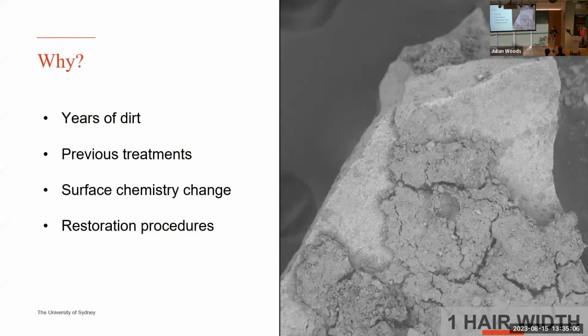Why do this? Well, we dig up a lot of samples and they've been in the dirt for a while. They all look the same, right? There's years of dirt. We don't know what they are unless we look at the elemental makeup of the sample. Again, like I said before, we can look at previous treatments that might have been done from museum to museum,